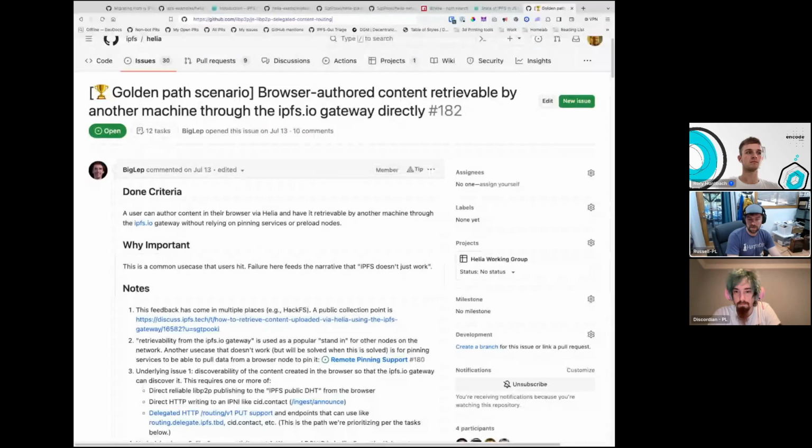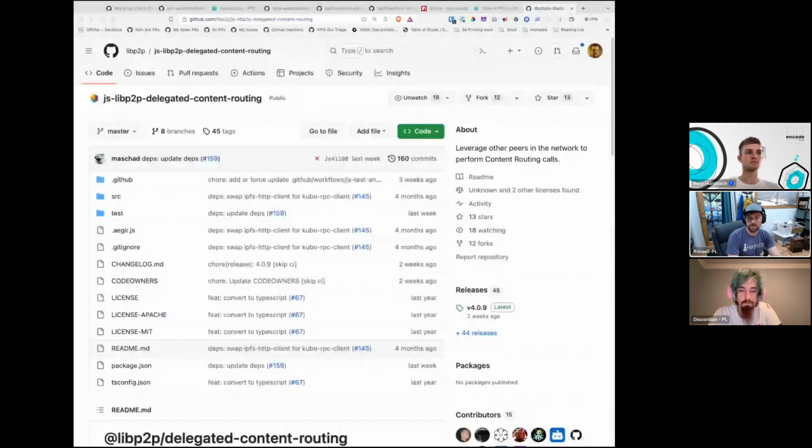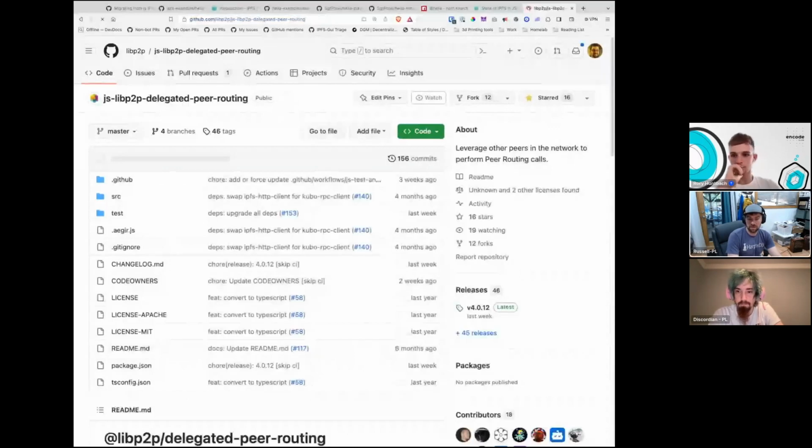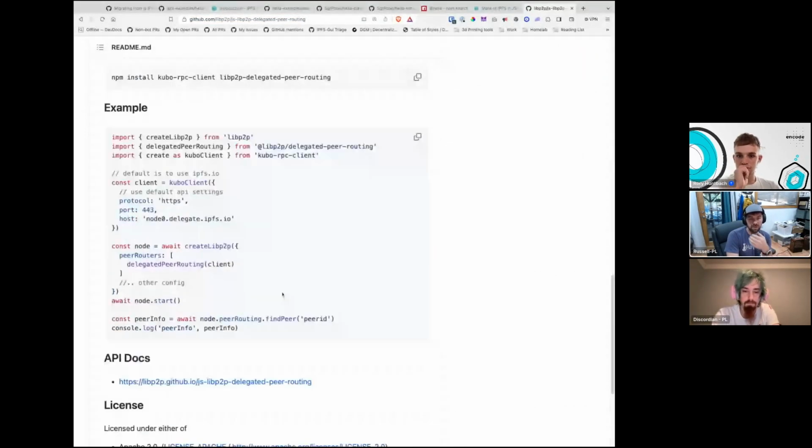This guy right here, delegated content routing and the delegated peer routing. So you can just check that guy out. So those two right there. And there's an example here that shows you how to use it. But basically, you would have a Kubo node running behind the scenes and run it. Now, with that said, Helia